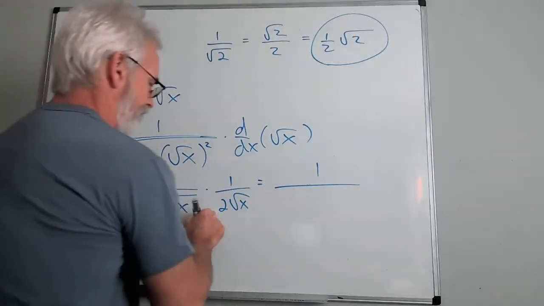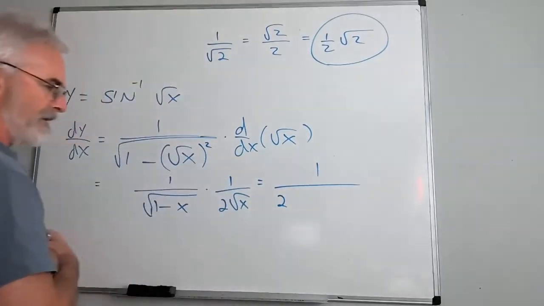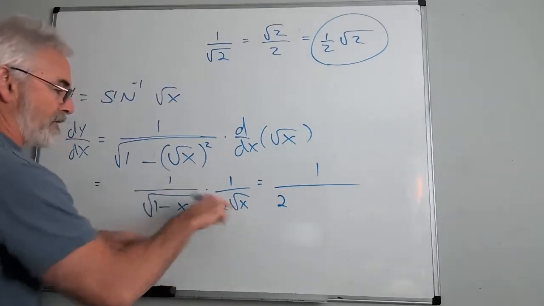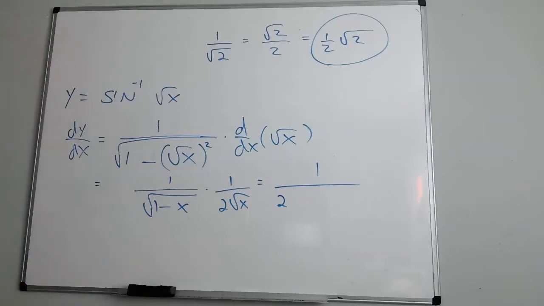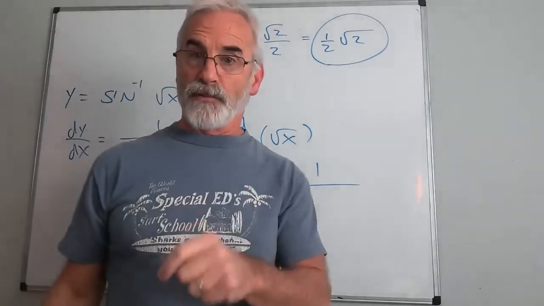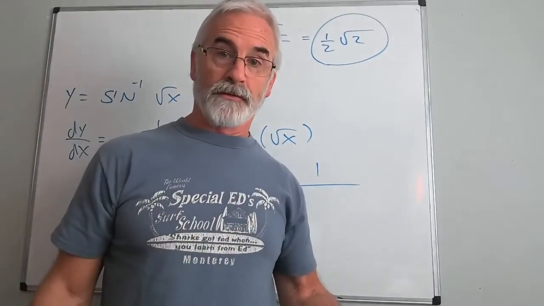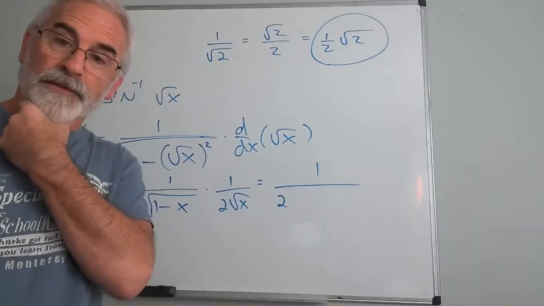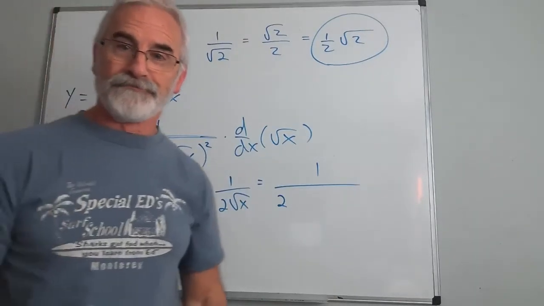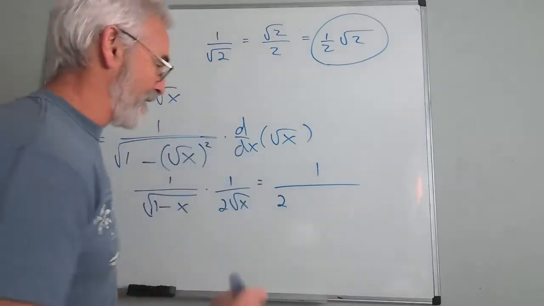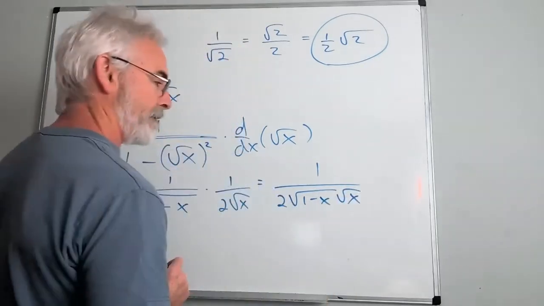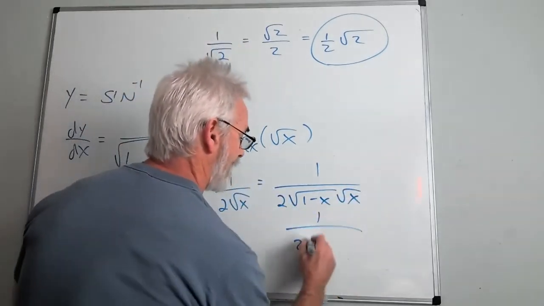Well, the 2, I probably want to put the 2 in front. I have 2 choices. It does not matter what order I write the x's. No, that's not important. But can I multiply these out? Remember, the product of the roots is the root of the product. So would I be better served multiplying them out or leaving them unmultiplied? Well, the answer is yes. It doesn't make any difference. So if you choose to write your final answer like this, this is okay. If you choose to write your final answer